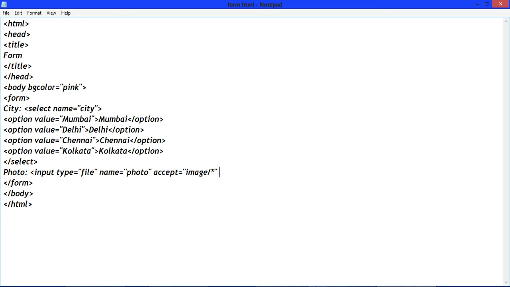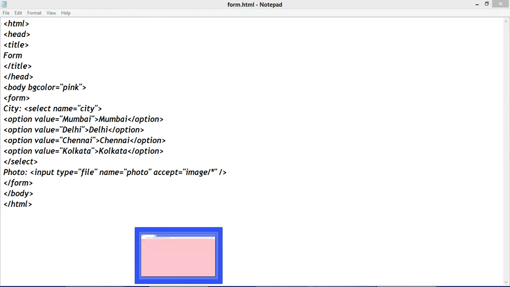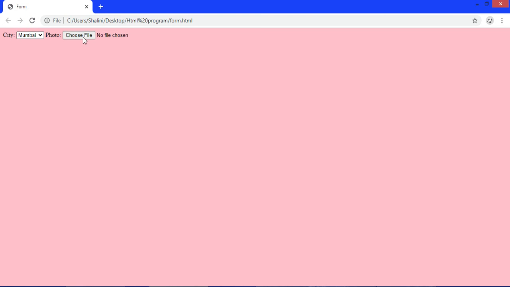Now close input tag, save it and refresh it. See, we have an option to upload an image here.